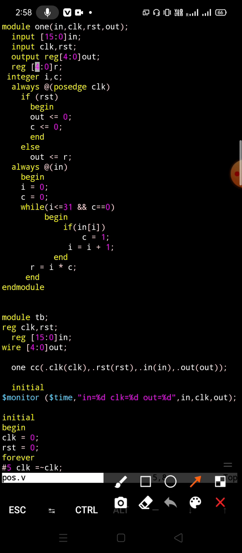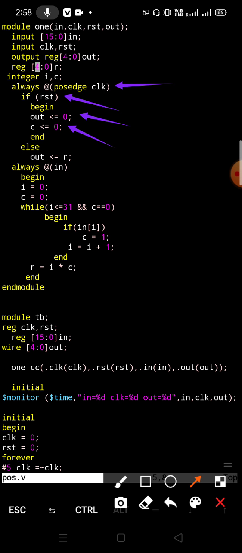Now we are starting from here, always at the positive edge of clock. If reset, that means when the reset is 1, in that case our output will become 0, as well as our C, this is a counter variable, that will also become 0.